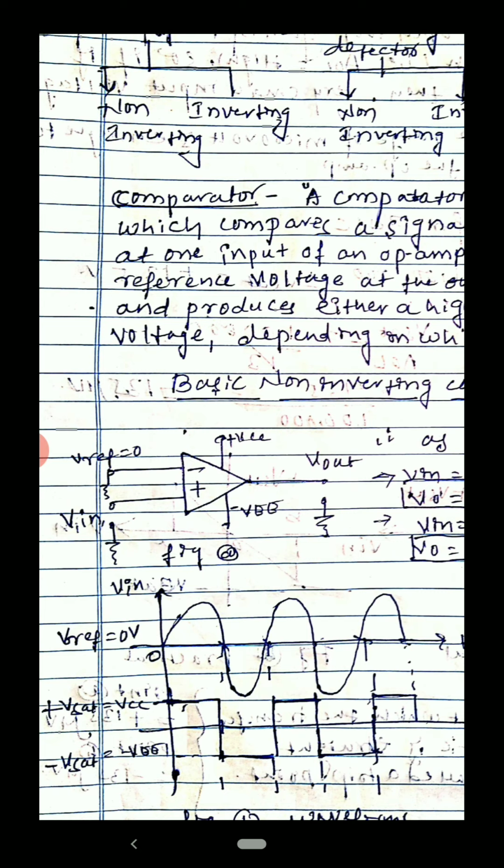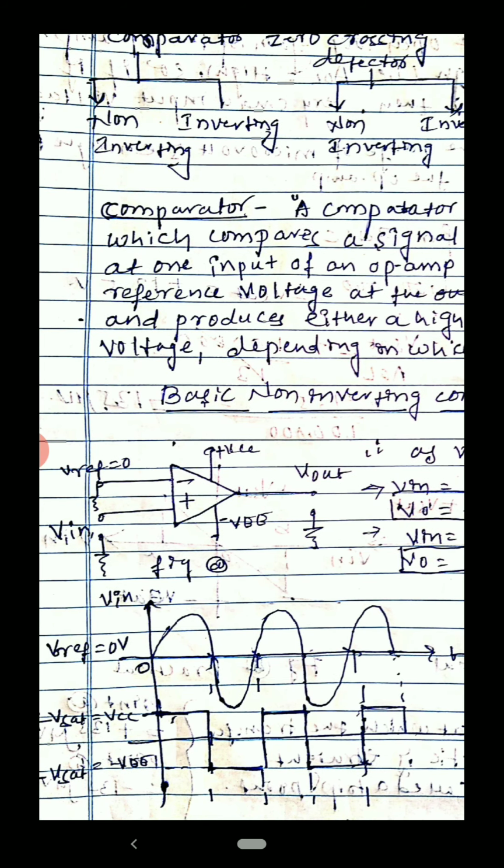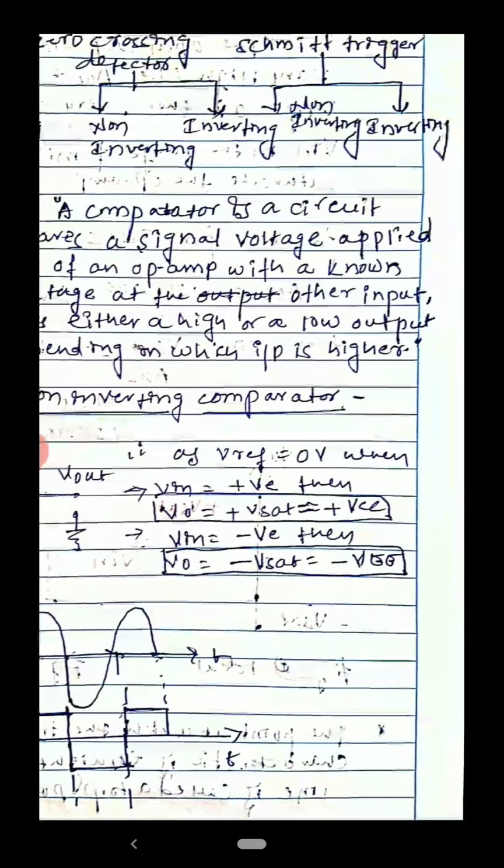Now according to this, in the basic mode of operation, we have considered the op amp's reference voltage as 0. That means if your input voltage is plus 1 volt, the output will be plus V saturation. If your input is minus 1 volt, the output will be minus V saturation. So if you write it mathematically,